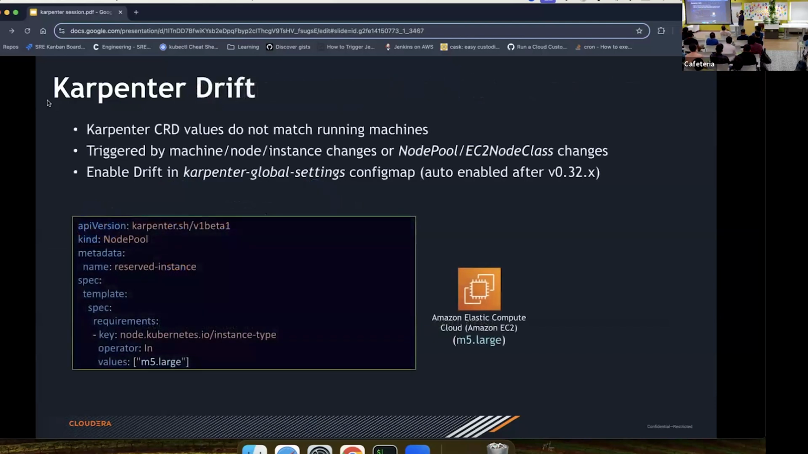Now, another important thing I want to discuss is drift. You might have heard about Terraform drift, right? It's a headache, Terraform drift, but here it's not so the case. So for example, if I take